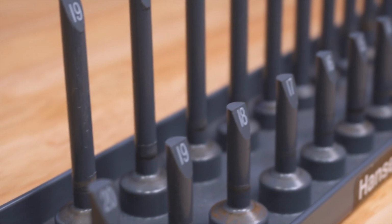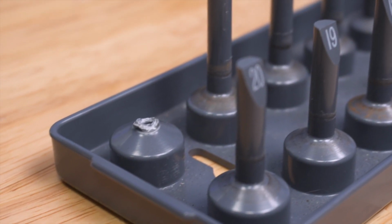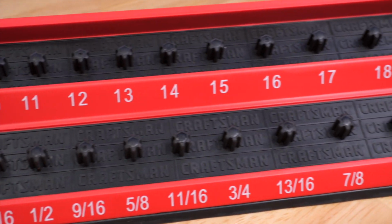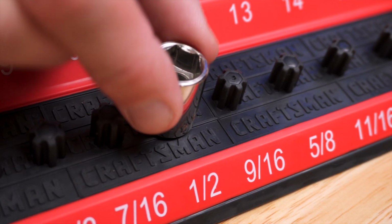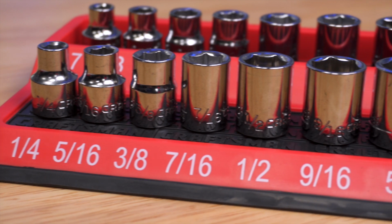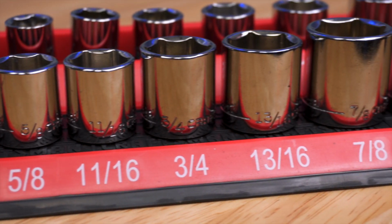Now, first off, like I already mentioned, they don't have long plastic dowels that tend to break off over time and the sockets kind of fit loosely onto them. Instead, Craftsman's socket trays have these rubber socket holders that are low profile and rubber. They actually grip onto the socket really tight, so if you shake it around or tip it over, they actually stay on pretty tightly. They're evenly spaced out, there's easy to read markings, the white numbers against the dark red